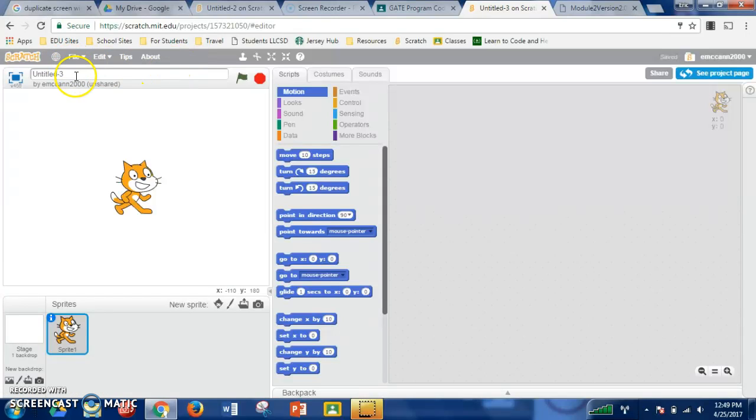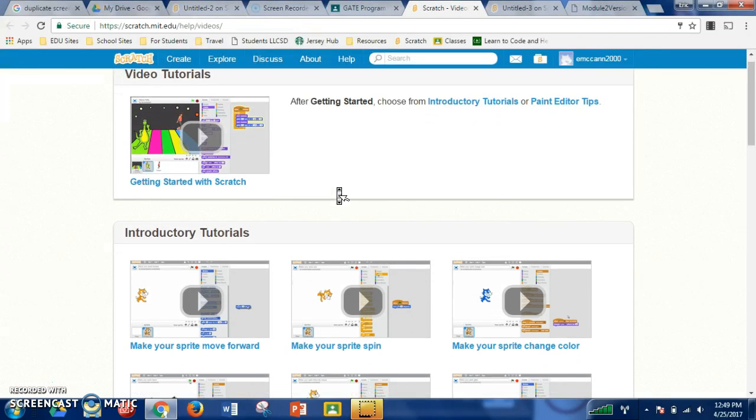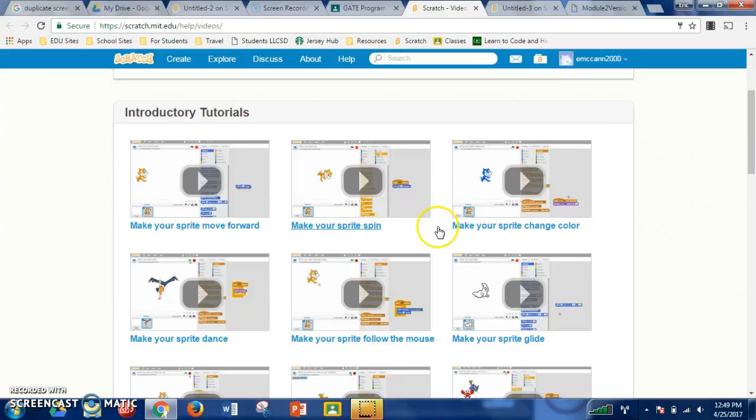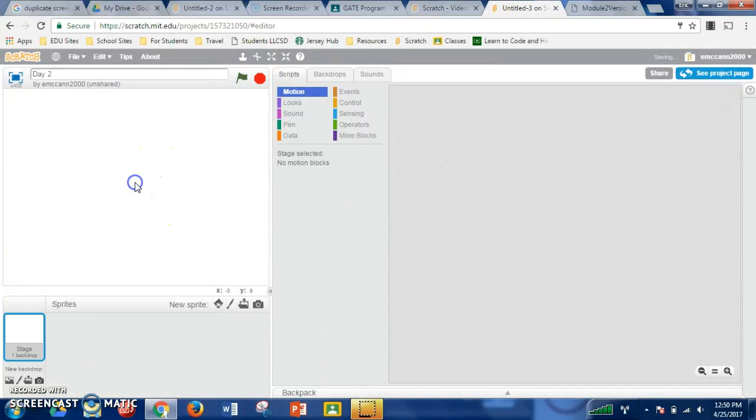Okay, first thing I'd like you to do is get rid of Untitled 3 and instead make it day number 2, because this is our second day of coding together. Okay, and one of the things I want you to pay attention to is in Classroom I also posted instructions for today, and when you finish that, which is going to be really quick, I want you to go to these Scratch videos. And they show you how to make your sprite spin, make your sprite change color, and make your sprite dance. Okay, so automatically I want to show you how to do that by clicking the scissors, getting rid of that sprite,